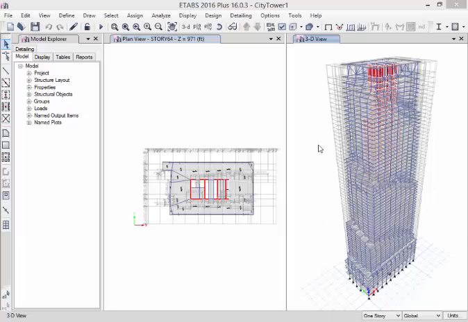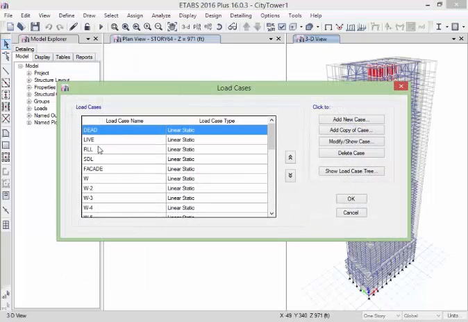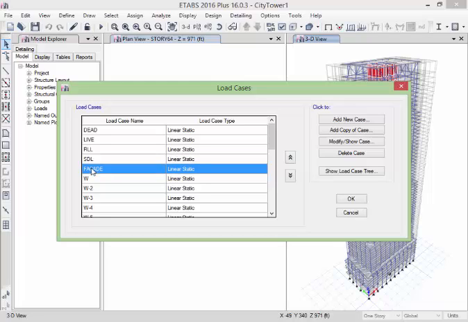So we just have an image here of the structure that we're going to be using today. It's a 60 plus story structure, and in the Etabs model, under the load definitions, we have several loads including both gravity and lateral load cases that are defined: dead, live, roof live, superimposed dead, facade load. We also have several static wind load cases and also